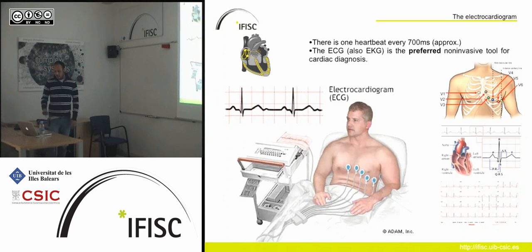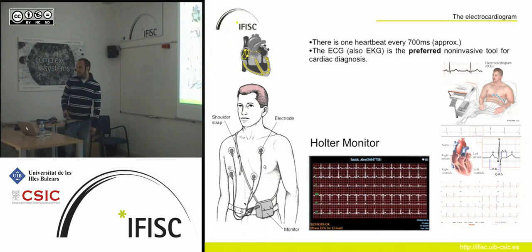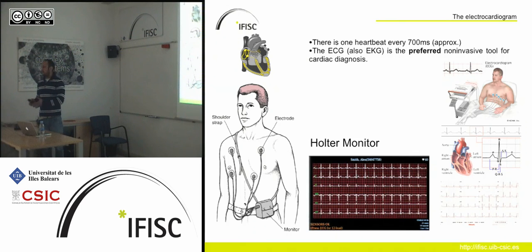This is one way to do it. There is another way, where a monitor named a Holter monitor is given to the patient. The patient can carry this kind of monitor for at least 24 hours, and this is because pathologies do not necessarily appear in every heartbeat. So you can expect them to appear at some particular times of the day of the patient. If you consider that the heart beats every 700 milliseconds in rest and normal cases, then carrying a Holter for 24 hours is going to produce about 100,000.